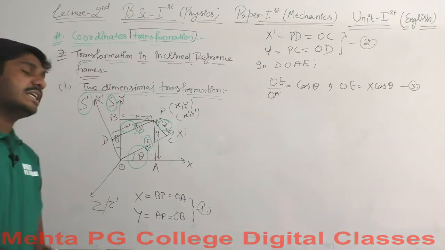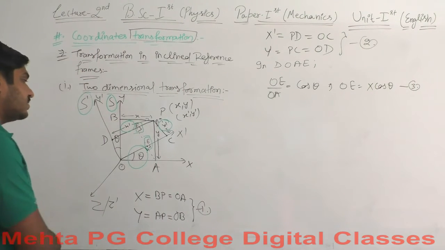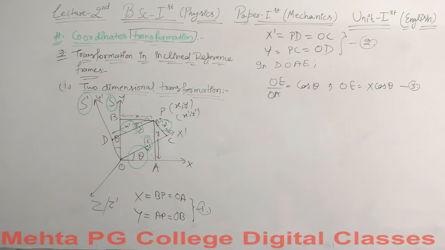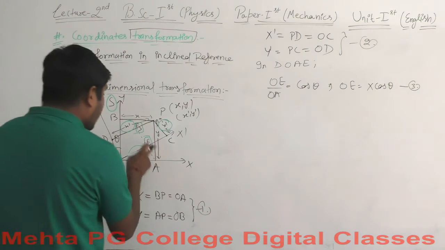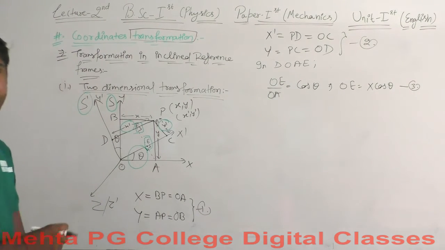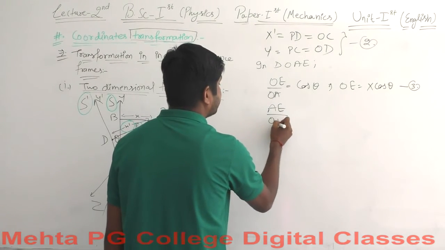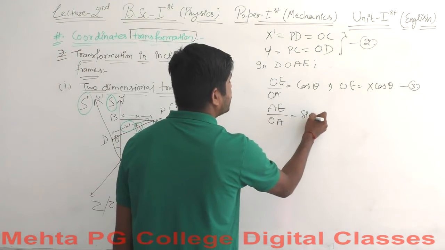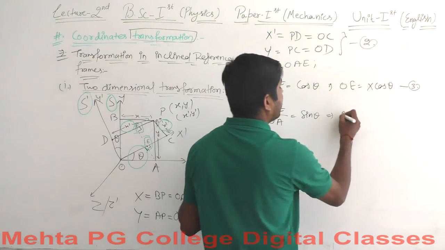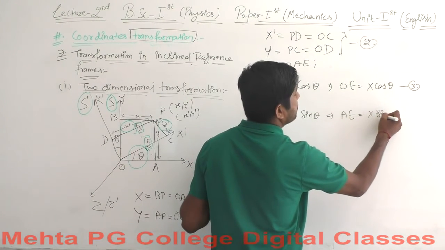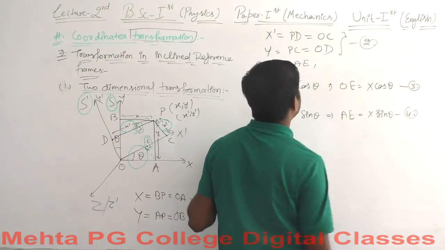Well, I have one secret for you: two arms must be equal here, but this is not possible, because one angle is the right angle and the two angles might be 45 degrees, but not 45 degrees as it is, so it's not possible here. And again we have a value, AE over OA. One more value here, AE over OA is equal to the sine of theta, and AE will be equal to x sine of theta, which is equation 4 here.